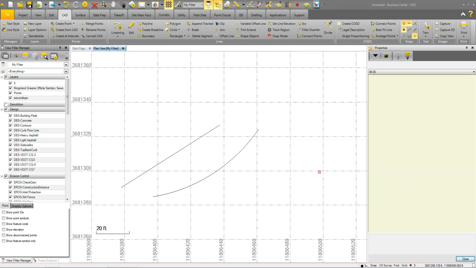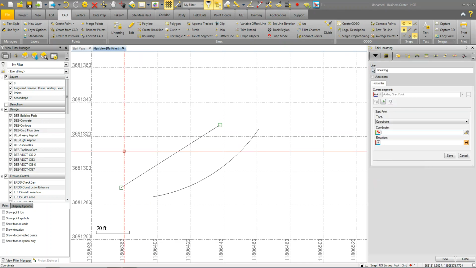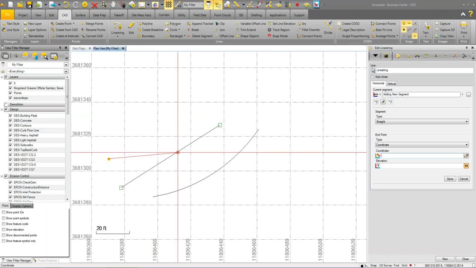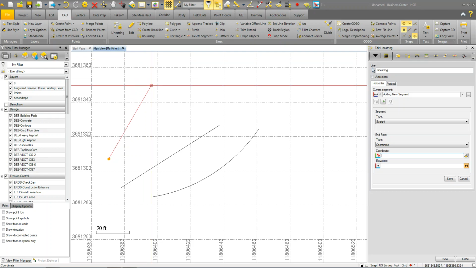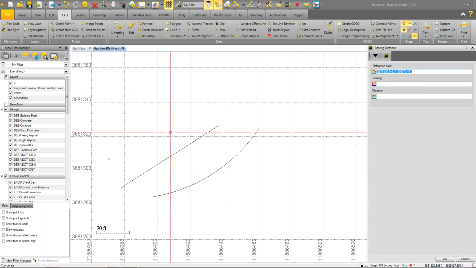Now this trick works in a couple other areas as well. If I was actually drawing a line string and I start, let's say, here, and I want the bearing to be the bearing of this line, and I want the distance to be the distance of the arc, just as an example, if you right click and use the bearing distance command, it's asking me